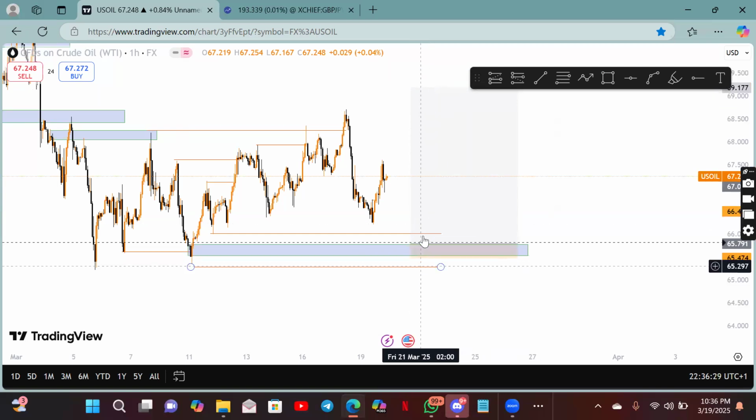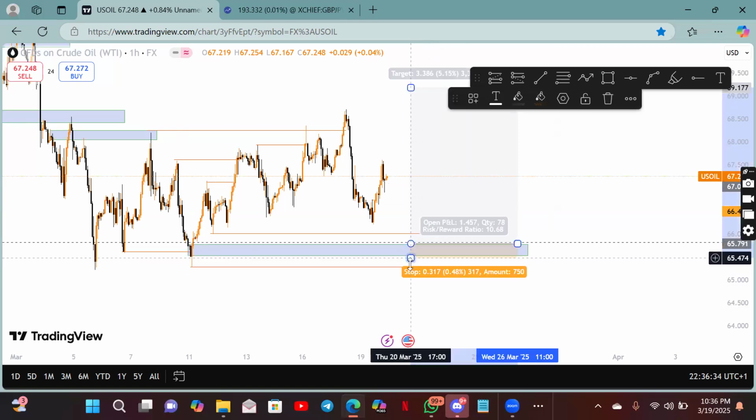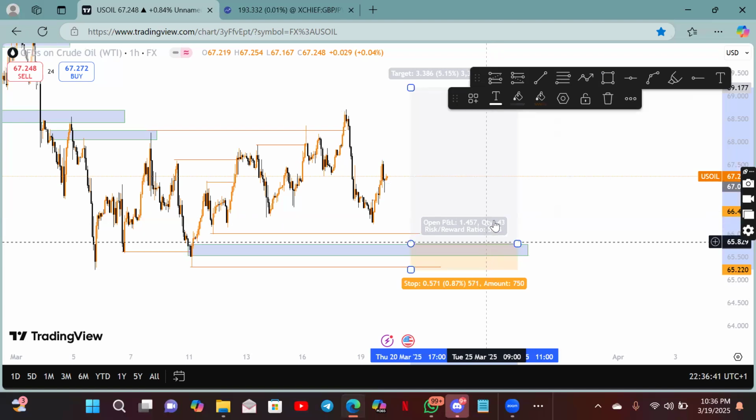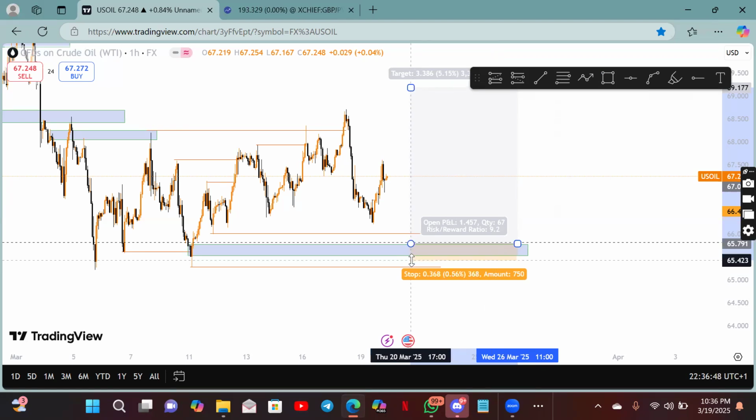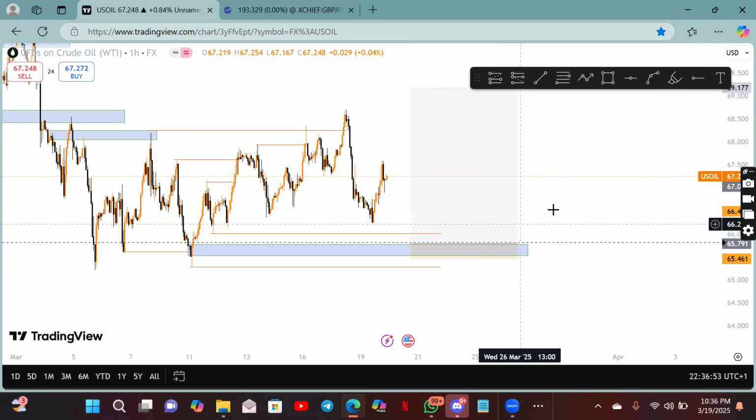So you can enter on aggressive. When you're entering on aggressive, it's advisable to put your stop loss below here. But if you are not entering on aggressive and you are entering from here, it gives you a 1:5 or 1:6. But if you are entering on confirmation, the stop loss is below here, and that's 1:10. It gives you a higher risk to reward and lets you risk higher. Do you understand?